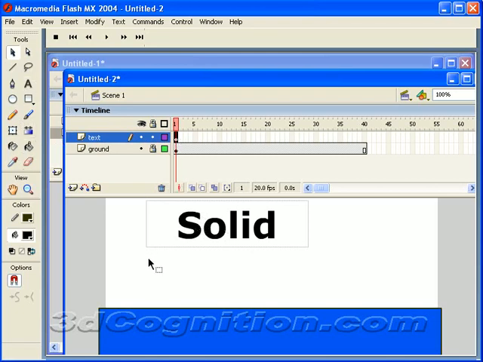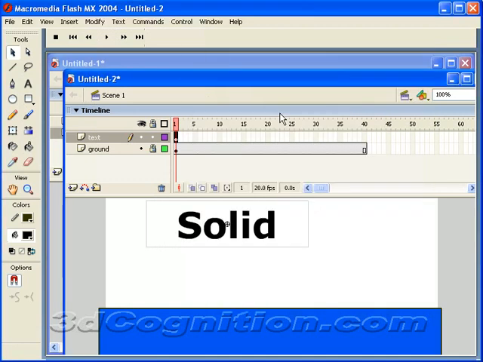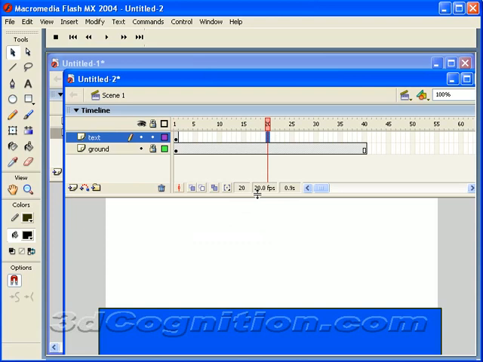First frame is ready to go, but before we do anything else, let's grab this whole thing and go to modify, convert to symbol, and say that this is heavy text or whatever. It's a movie quote symbol. Now I'm going to go to frame 20 and hit F6 again to drag that back in. Hold down my shift key and my down arrow and just get this to touch the ground,